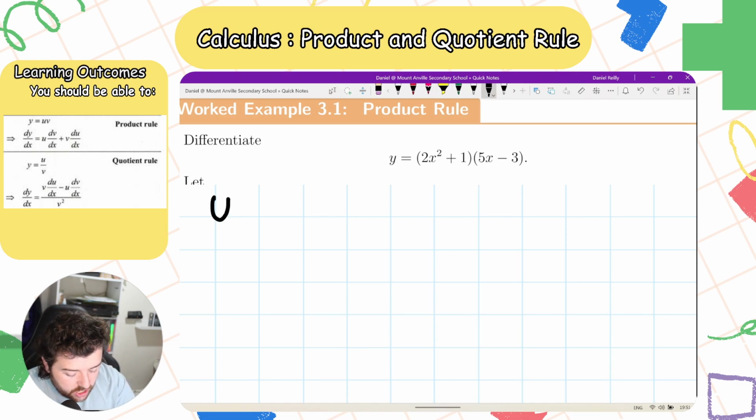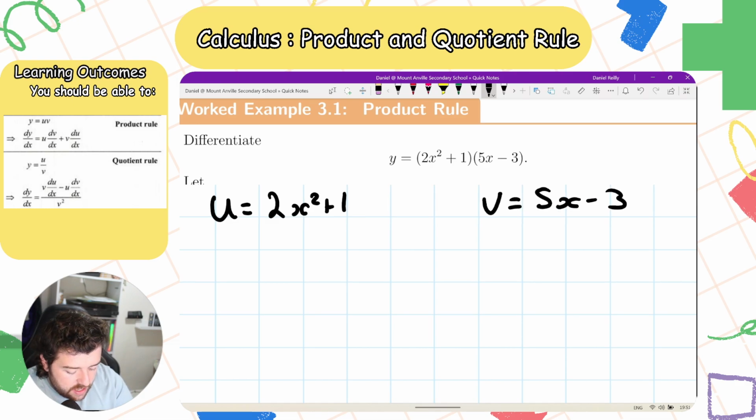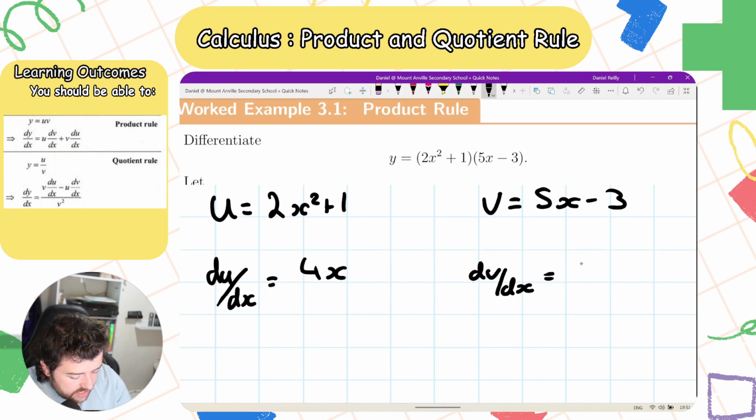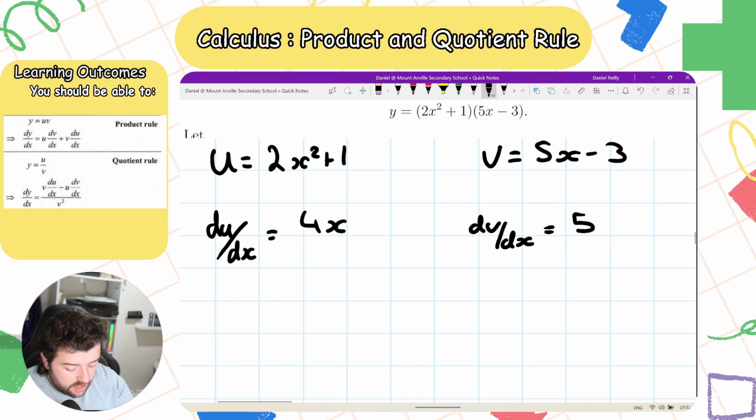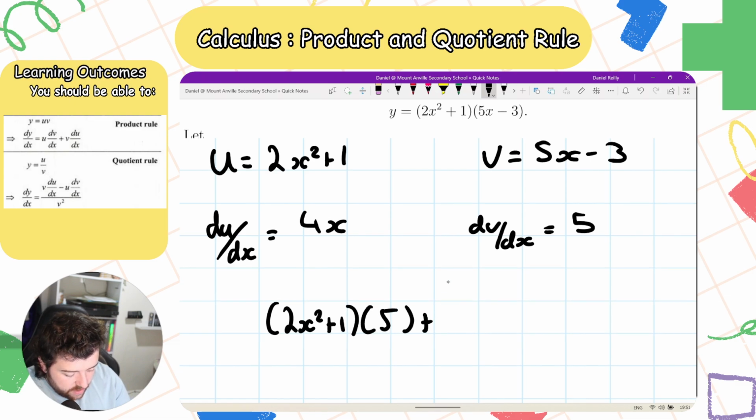So I'm going to say u is equal to 2x squared plus 1, and v is going to be equal to 5x minus 3. So du/dx is going to be equal to 4x, and dv/dx is going to be equal to 5. Then it's just u times dv/dx, so (2x squared plus 1) times 5, plus v times du/dx,